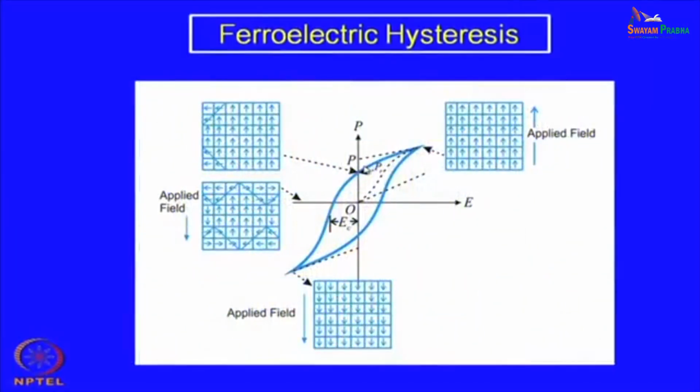So, that leads us to a discussion of what happens when we actually cycle the electric field. That means, we increase the electric field in this direction and then it comes back, comes to 0 and then goes to the negative direction. So, what happens to that? What happens to the domain structure? And this is what exactly happens if you cycle the electric field. And this we have discussed, this is your saturation